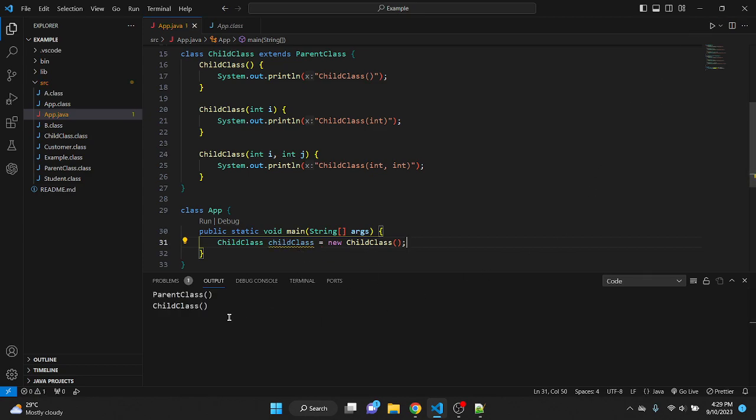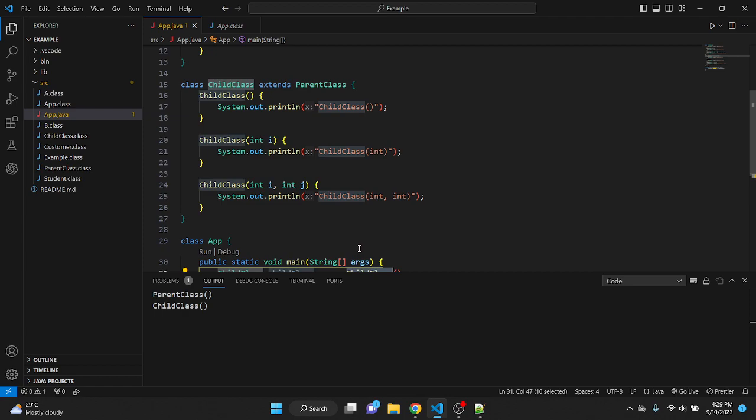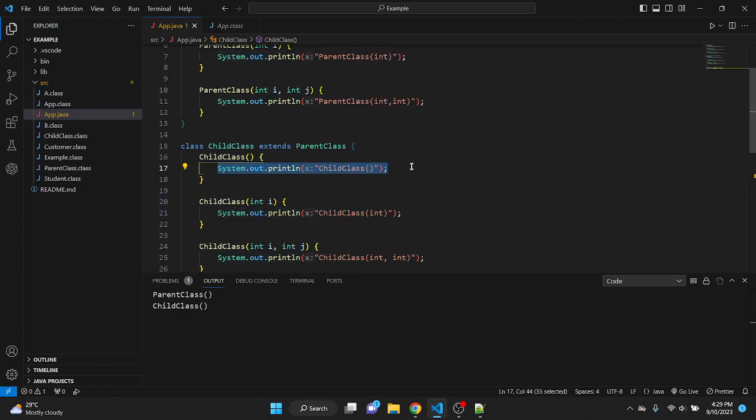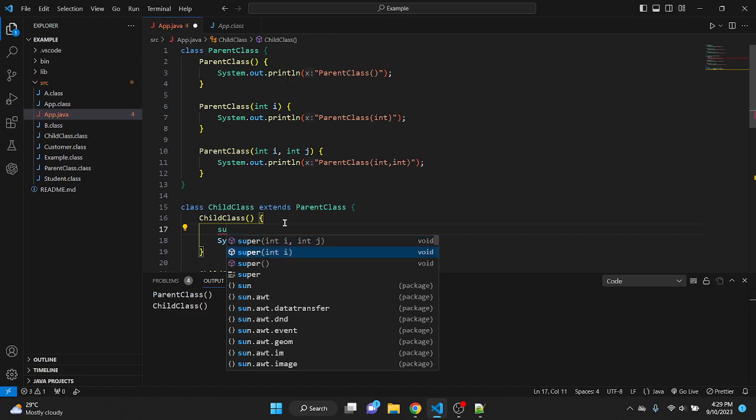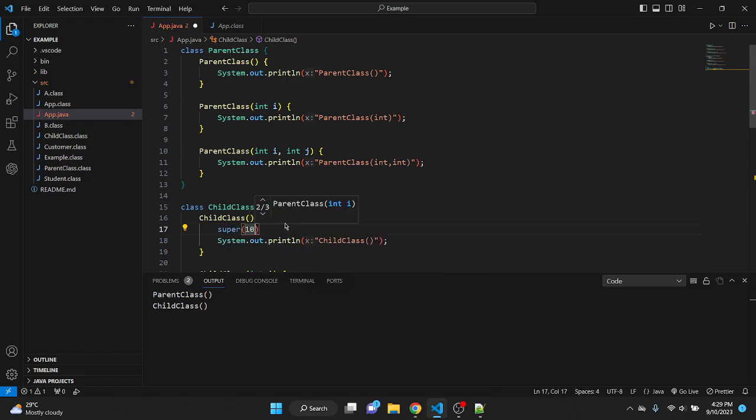When I run this code, you can see the output as this. When I create an object, only the child constructor's sout should be triggered, but you can see the output as parent class and child class. It means if we don't add a super call inside the child class constructor, the super call will be automatically triggered. I will confirm that scenario. I am going to pass one argument